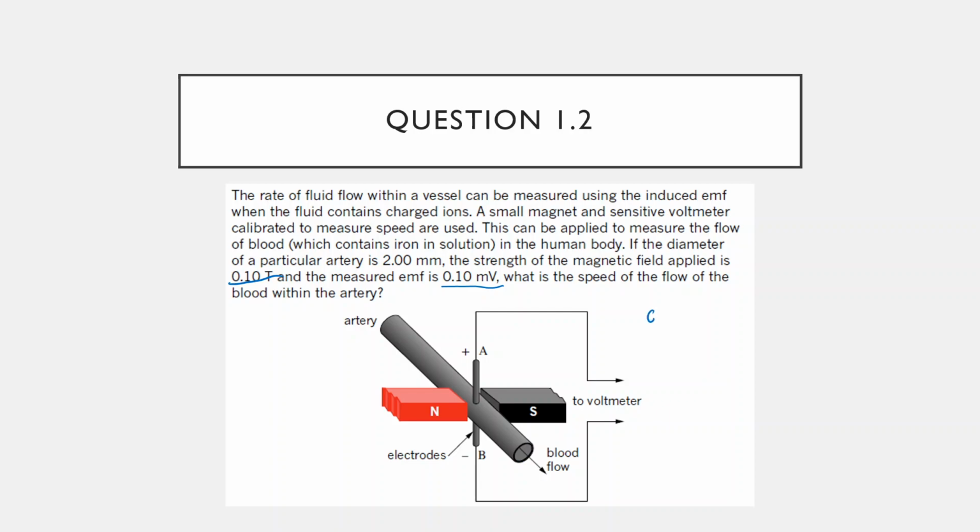Okay, so you put it all together, you get E equals VBL, and we're trying to solve for V. So V is equal to E over BL, and we know everything. Okay, induced voltage is 0.1 millivolts, so 0.1 times 10 to the negative 3 volts over 0.1 Tesla times the length, which is 2 millimeters, or 2 times 10 to the negative 3 meters. Put it all together, you get something on the order of 0.5